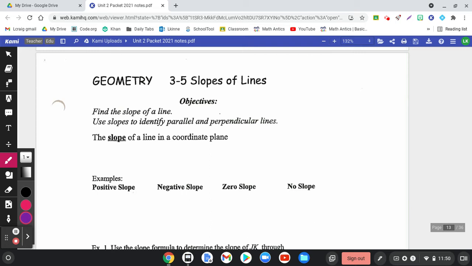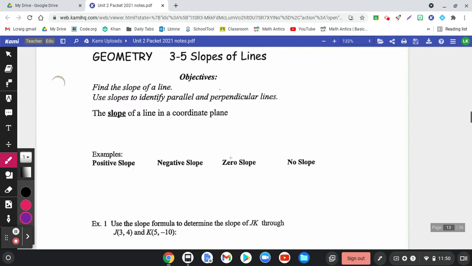So we've been working a lot with equations. Now we're going to get into talking about what happens when we go to graph these lines. We've been dealing with alternate interior, vertical, things like that. Now we're going to look at the graph. So first of all, our objective today: find the slope of a line, use slopes to identify parallel